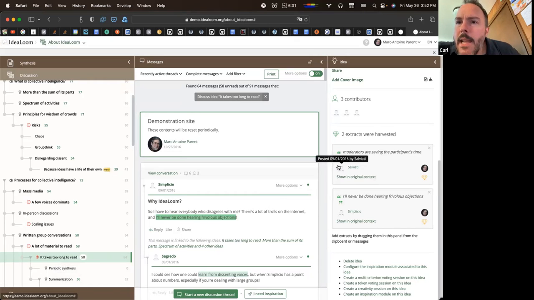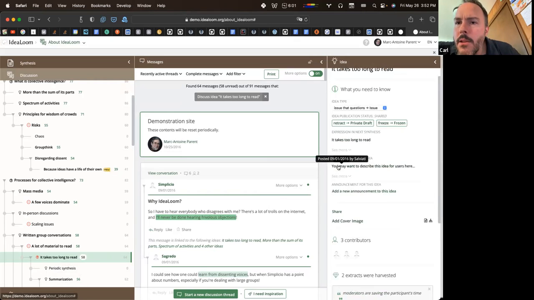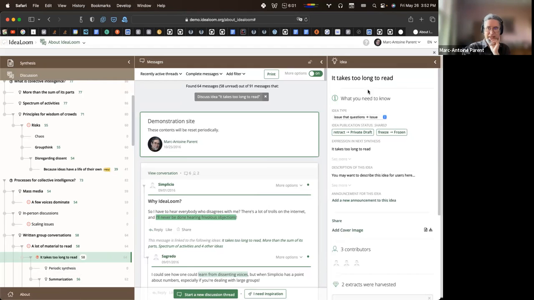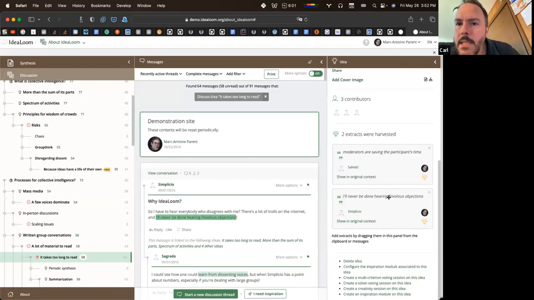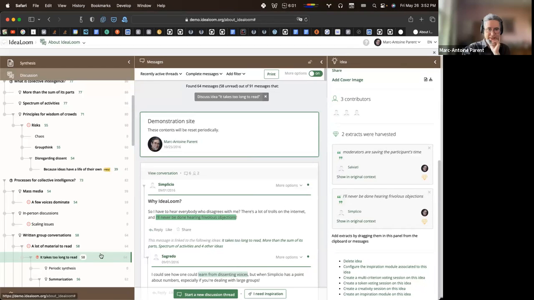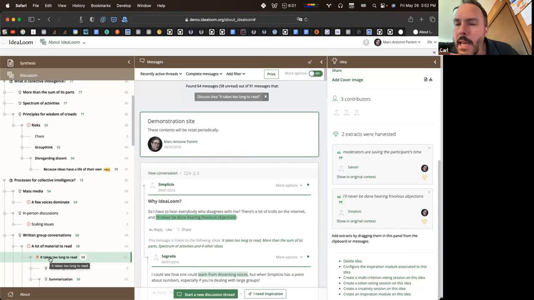Now the right-hand side, that's the idea info pane, the right-hand third of the screen. When you're looking at that, you can find extracts from the current idea's posts. These are the extracts that were associated with the currently selected idea, and they can come from many different posts. They don't necessarily appear in that idea, but when you associate an extract with the idea, it makes the post be part of that idea.